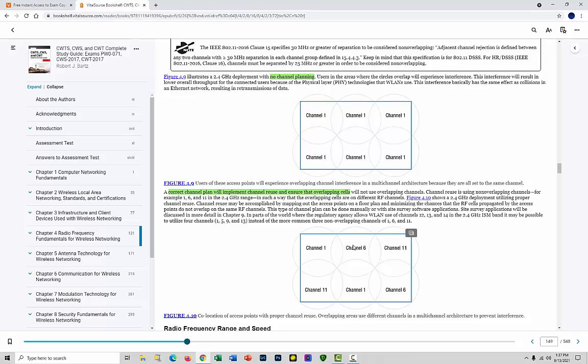Like 1 is next to 6, which is next to 11, and this down below here is 6, and we have 1, and there's very little overlap. So that